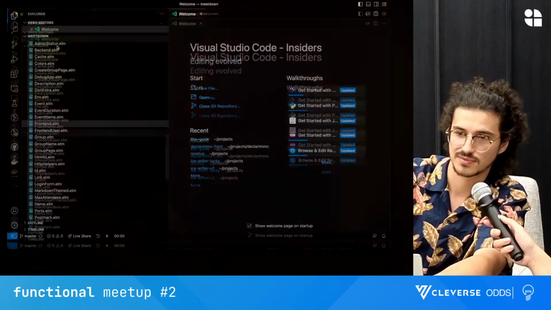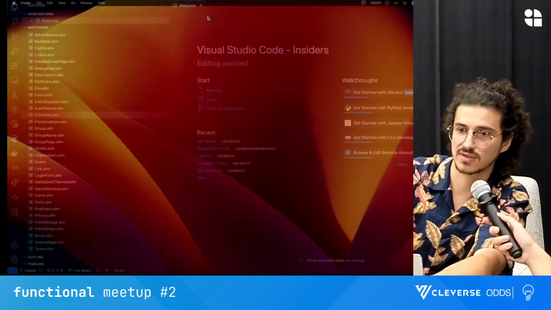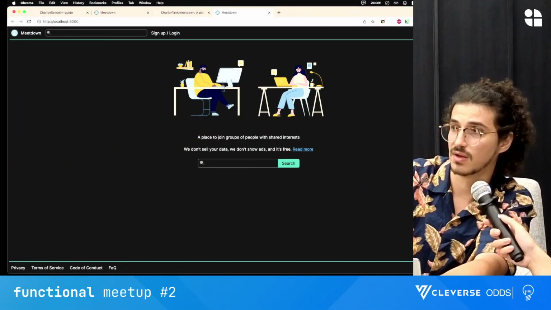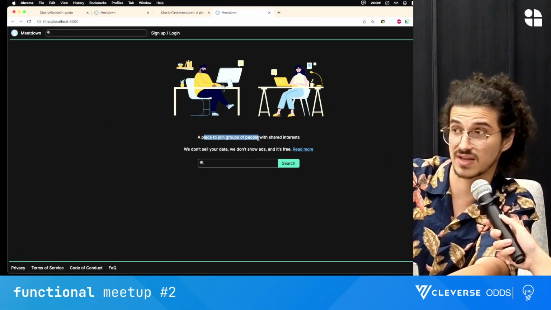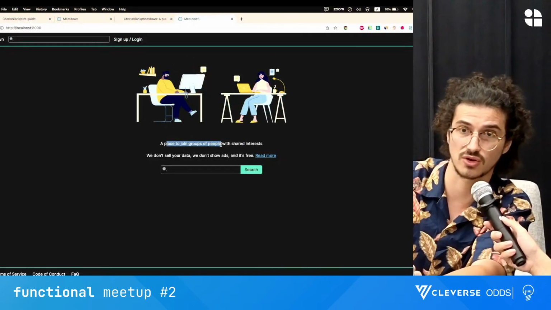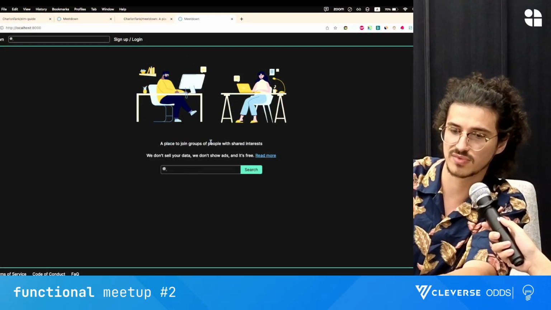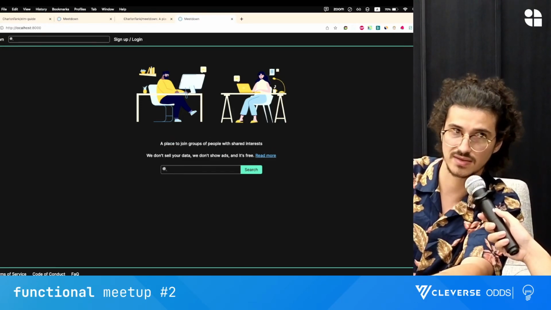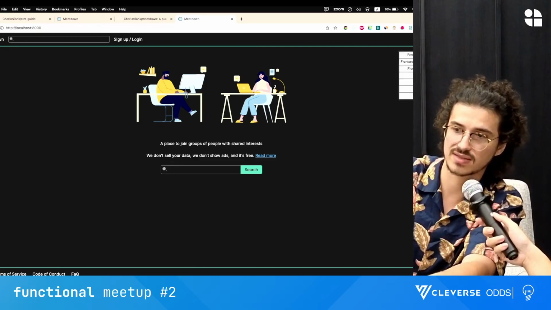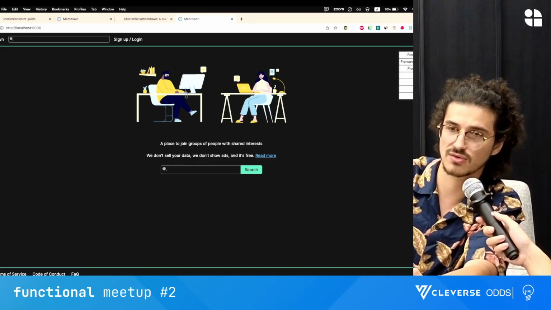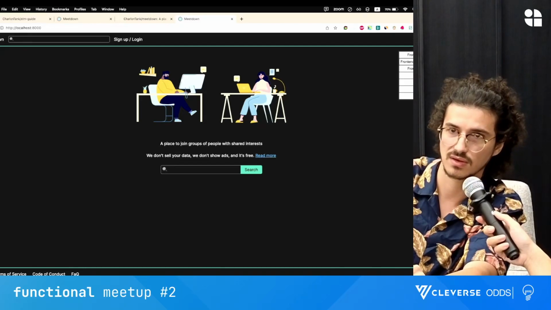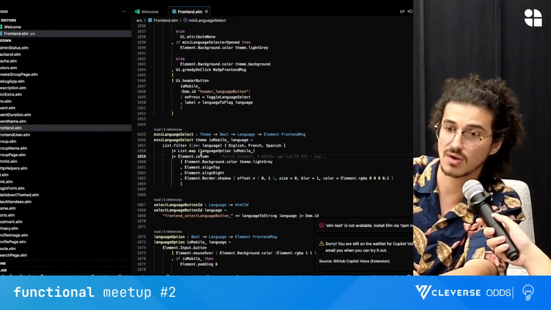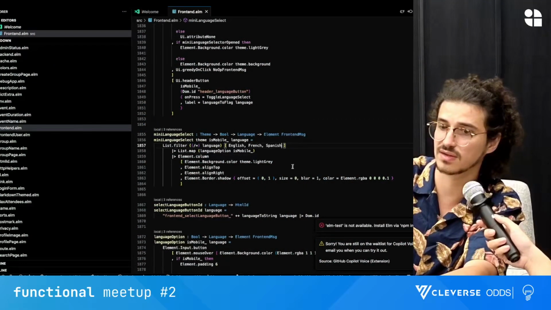I open it, but I don't know anything about this code, right? So what do people do to know where the code is? You just look for a piece of text and then you search in the whole code base, right? With Lamdera, you can just press on this, and then you press control option X, and it directly points to the piece of code that is actually doing the stuff. So I click, and boom. Oh, it's already here. Crazy.